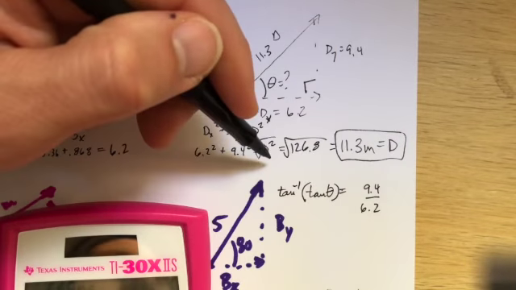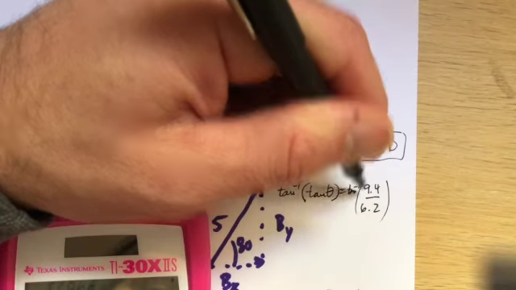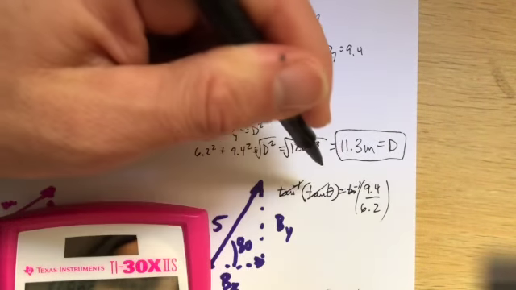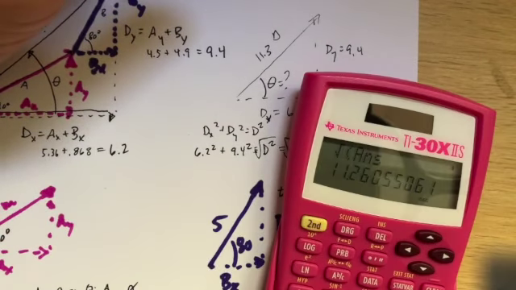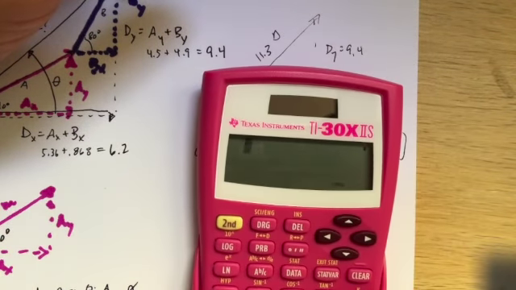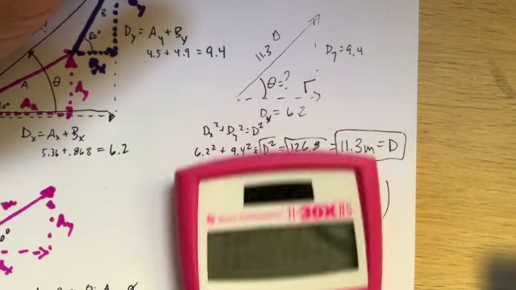But if I use inverse tangent on one side, I have to use inverse tangent on the other side. So I have the inverse tangent of 9.4 over 6.2. So on my calculator, I can hit second tangent and then go 9.4 divided by 6.2. Hit the parentheses there, and I end up with 56.6 degrees